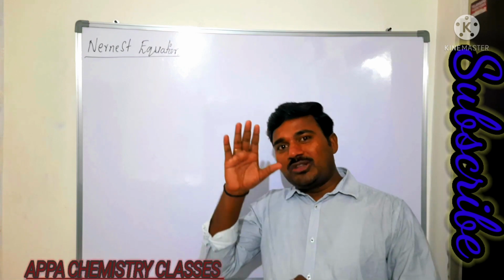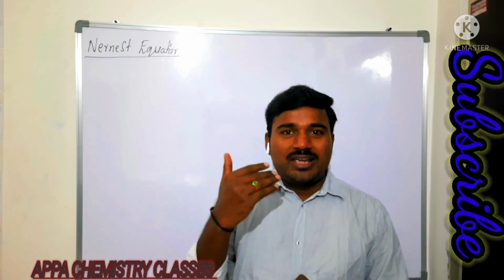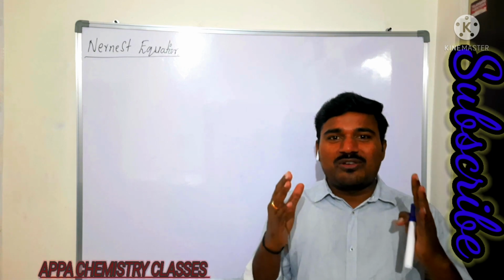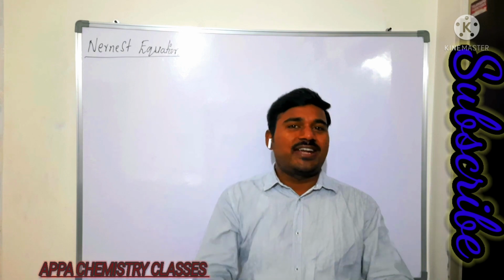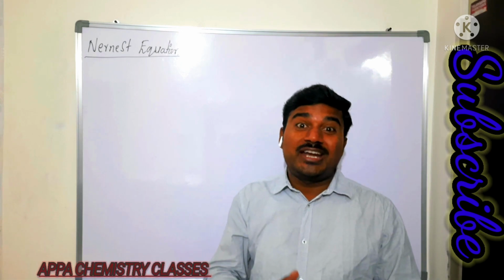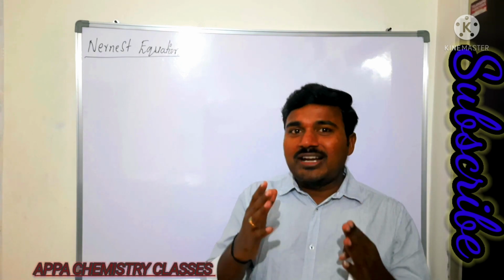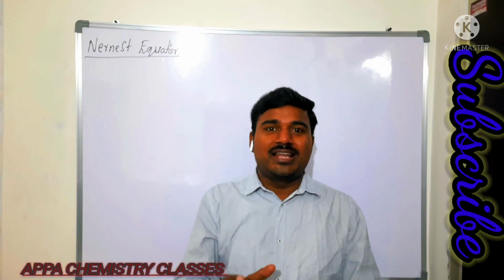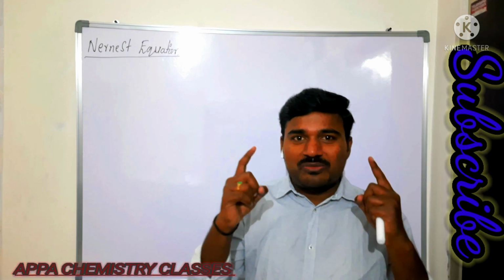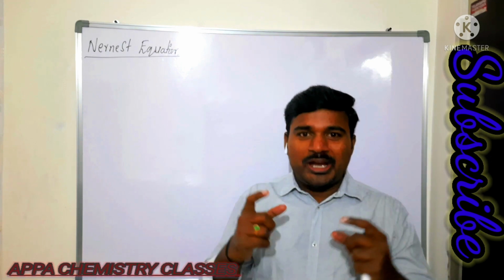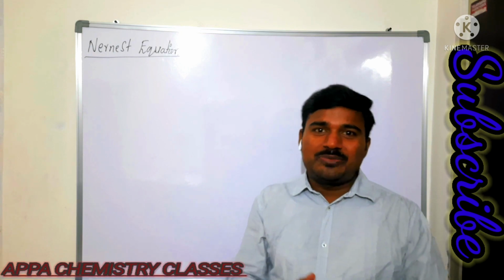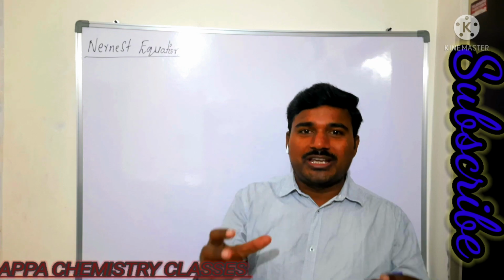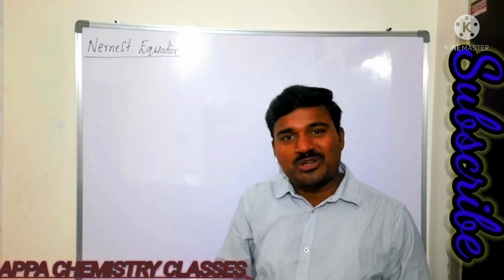So we'll go into the previous video, that is electrode potential. What is meant by standard electrode potential? The electrode potential of a cell which is calculated at standard condition is said to be the standard electrode potential. We calculated the potential of an electrolytic cell at standard condition, that is 1 molar concentration, 298 Kelvin and 1 atmosphere pressure. That is what we are calling standard condition. Whatever potential we calculated, that is what we are calling standard electrode potential.